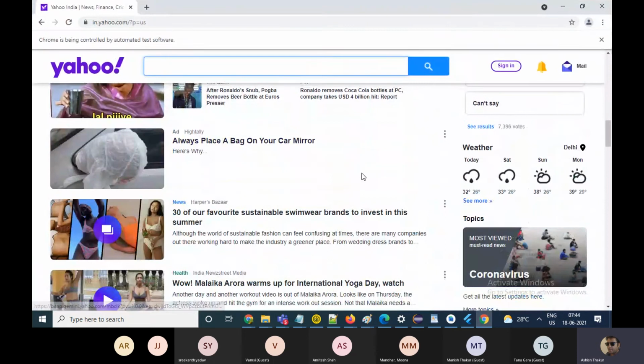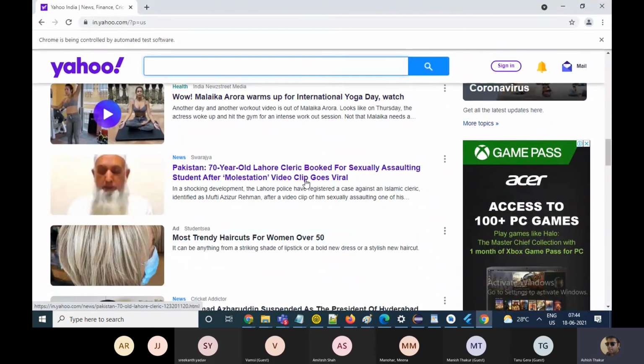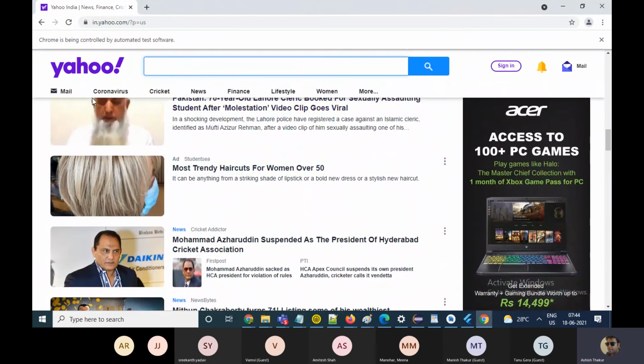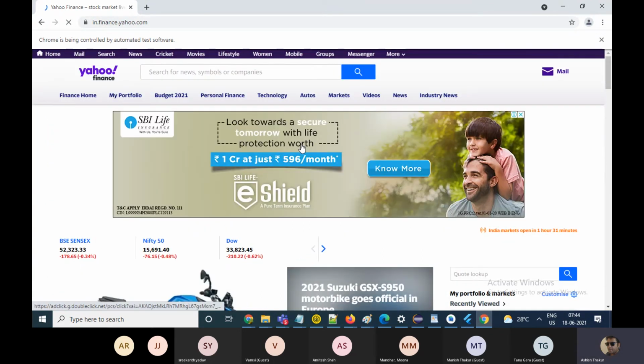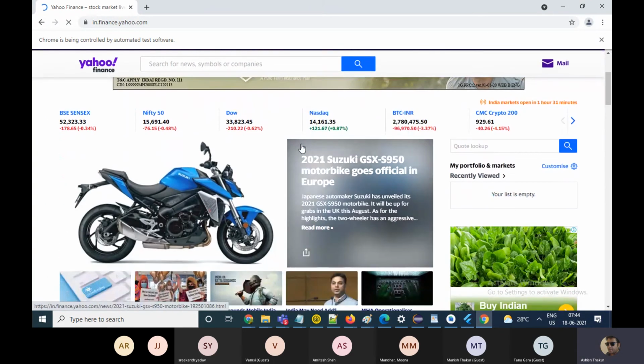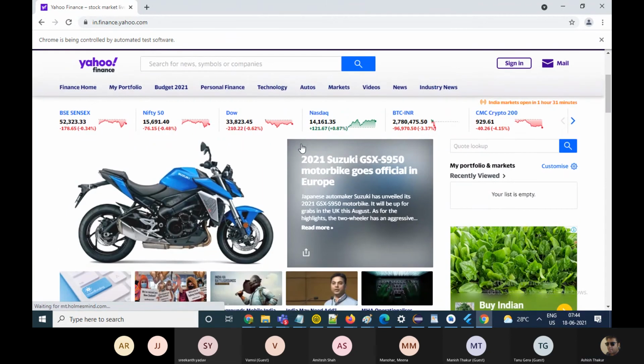Say I have to click on some link, or search something, or click on the links in the top menu. So how do you manage that? How do you manage the interaction with the web page?